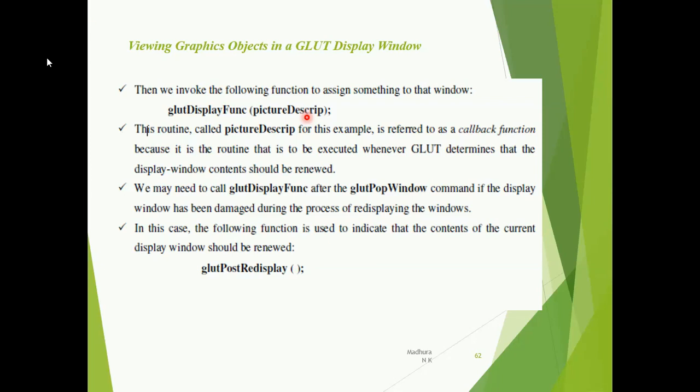So this picture description function has to be called again and again, and that is mainly called whenever you use this particular function, glutPopWindow. And then one more function we have, glutPostDisplay. So suppose you think that